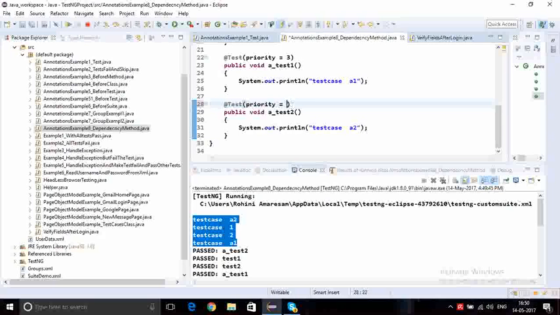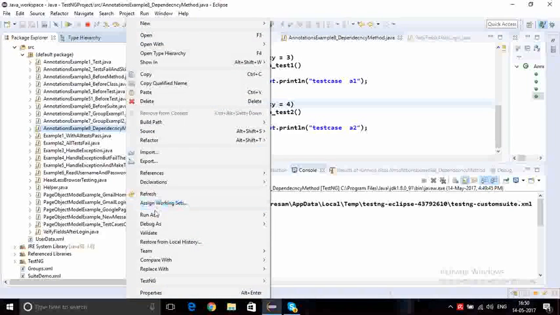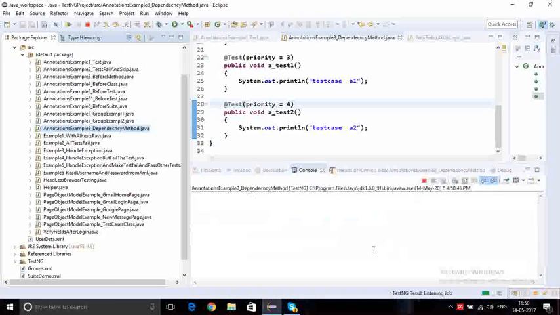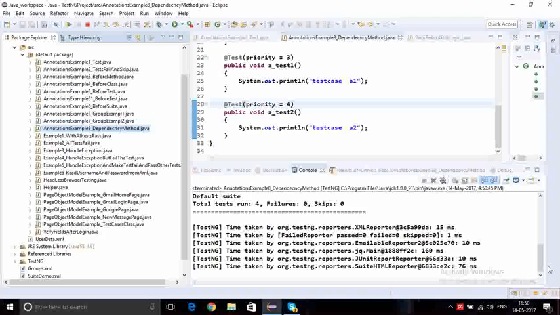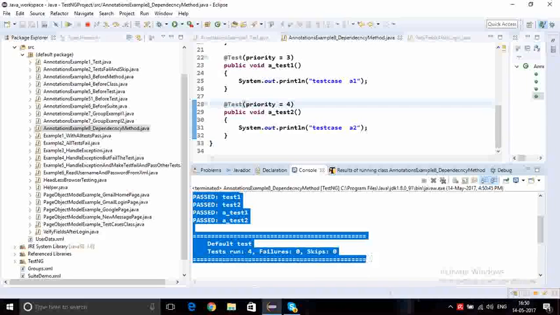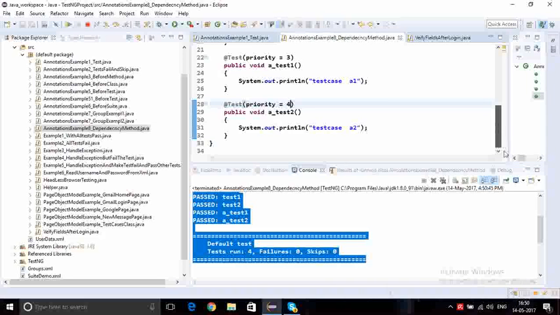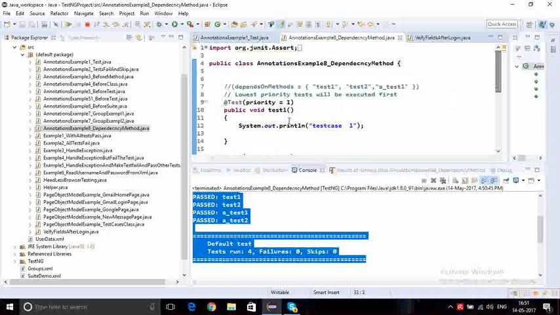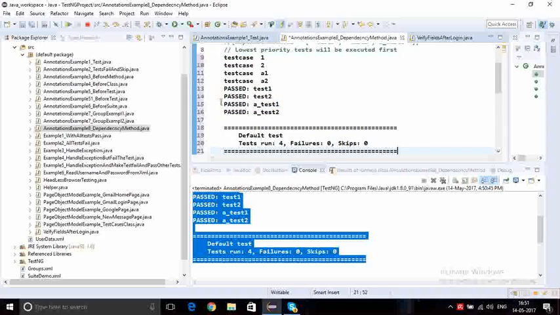Okay. So based on priority, it will execute those tests. Lower priority will be executed first. Yeah, test 1, test 2, A1, A2. Instead of alphabetical order, it is going to execute in that order. Okay. Now, not only priority, we have something called dependency. Some of the tests are depending on other tests. Okay. In that scenario,